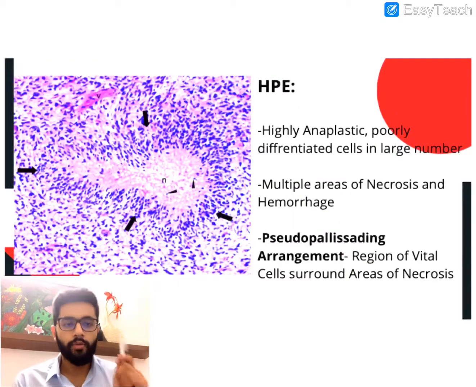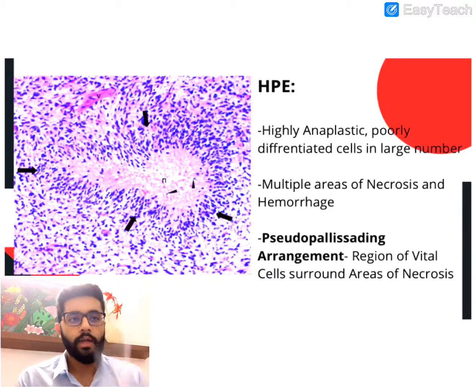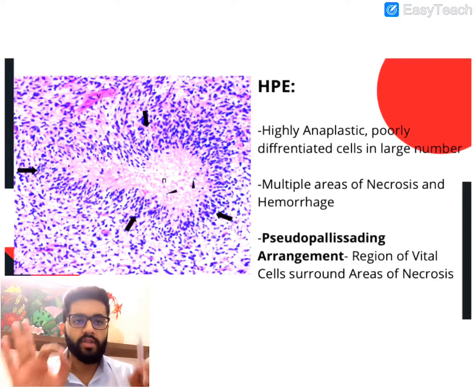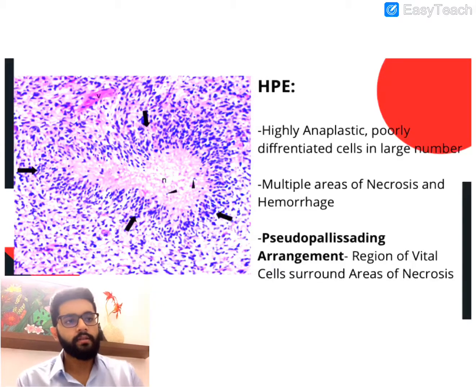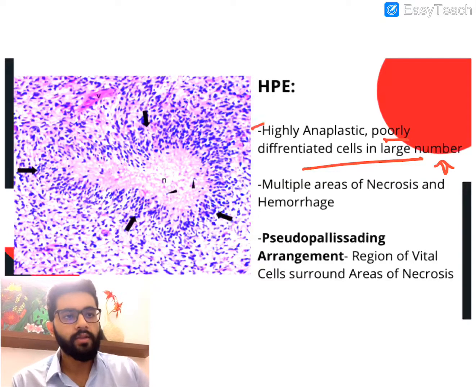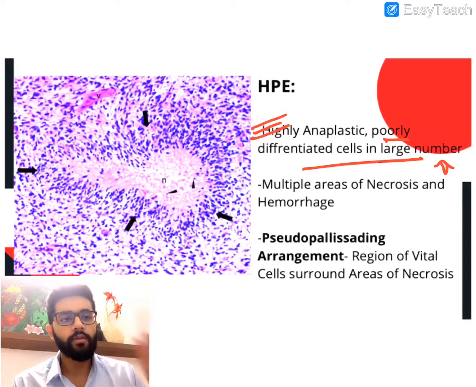Now that we've talked about the gross and the imaging, we'll talk about the histopathological features of this tumor. First thing you have to remember is, I told you this is a very aggressive tumor, so they are highly anaplastic. All your features of anaplasia are seen in these cells, and the cells are poorly differentiated and large in number. So there is hypercellularity, highly anaplastic cells with hyperchromatic nucleus, increased nuclear-cytoplasmic ratio, cellular pleomorphism, loss of normal architecture, loss of basal polarity. This is common to most tumors, so we won't delve into it. So the first point you'll write is highly anaplastic, all features of anaplasia seen.